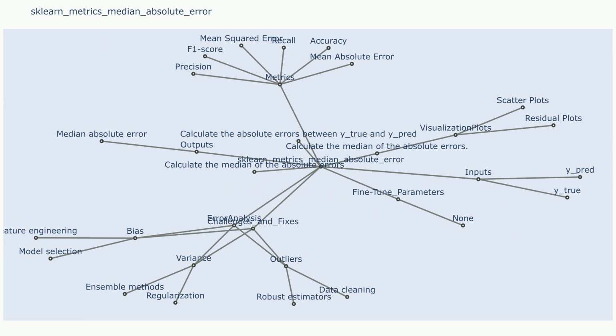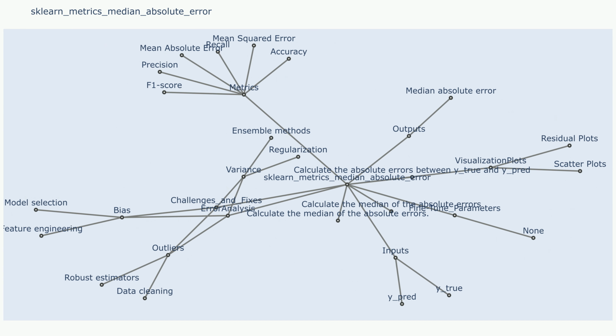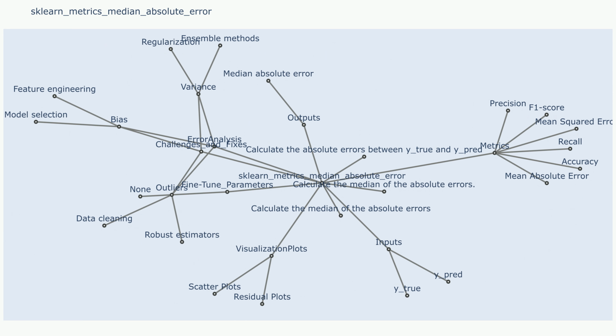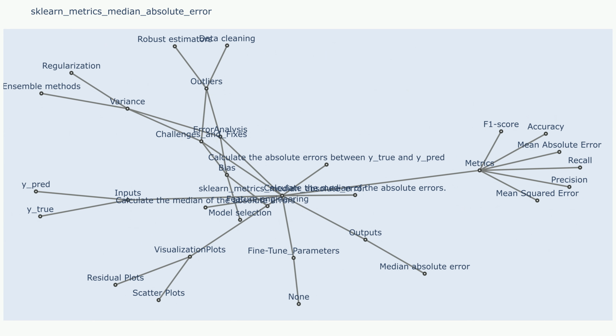Sample use case that resulted in challenge 2. A model predicting house prices might have a lower MedAE than a model predicting the price of a cup of coffee, even if the second model has better predictive performance. Fixes to challenge 2. Normalize or standardize the target variable before evaluating the MedAE. Alternatively, consider using a scale invariant metric, such as the normalized MedAE,